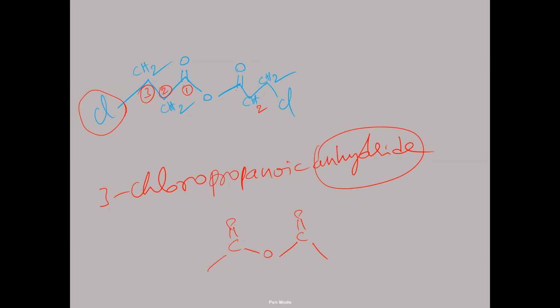Otherwise, if you take number one here, number two here, number three here, we are getting 3 carbons. So anyhow, we get propanoyl chloride. So propanoyl chloride is the parent compound. And what is the substituent here? On the third carbon there is chlorine. So 3-chloro propanoic anhydride. Oic anhydride is the secondary suffix. Right? Take a screenshot.